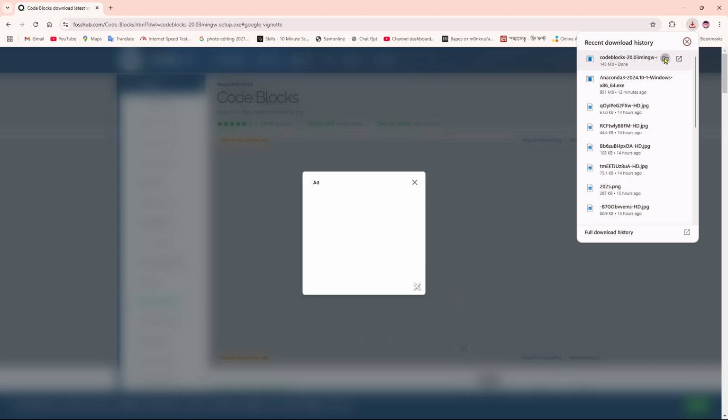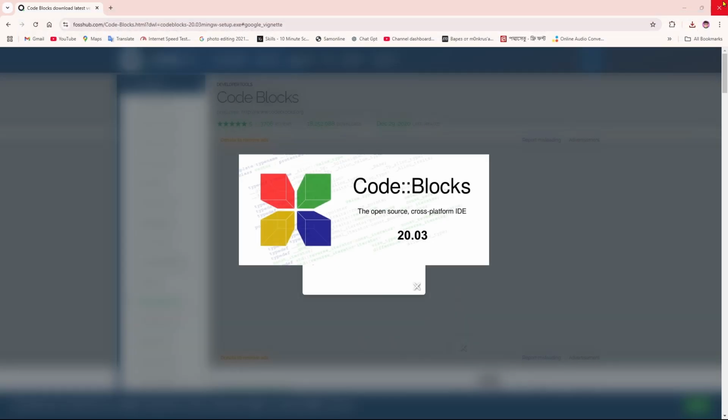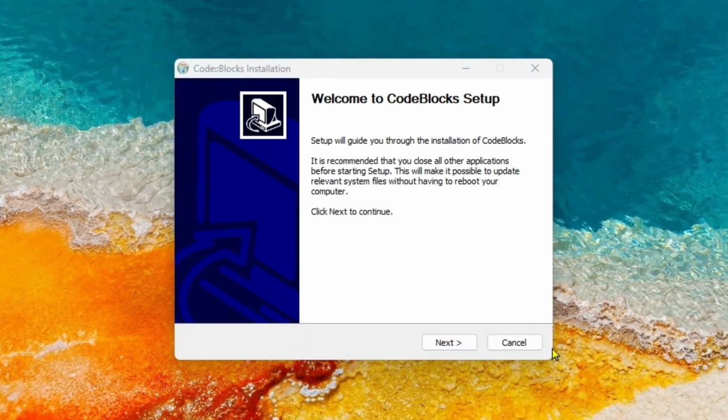If you just click on this folder icon over here, you will find the Code Blocks setup file. If you double-click on it, close all the other apps over here, and there will be a permission prompt, click yes. I'm going to close all the running apps, and now what you can see is the Code Blocks